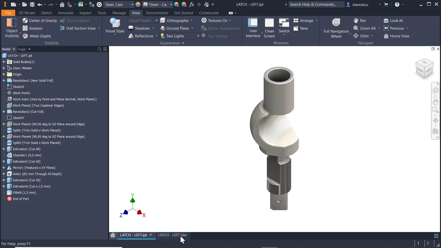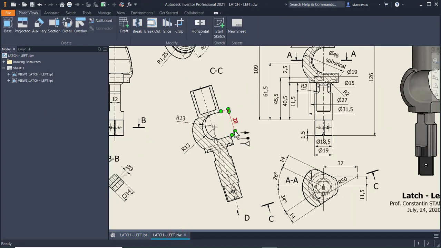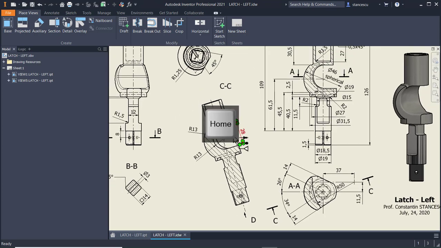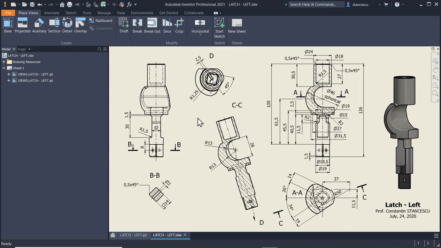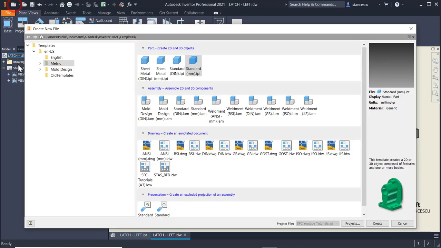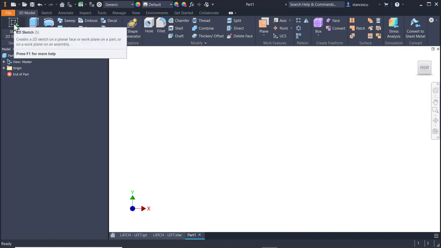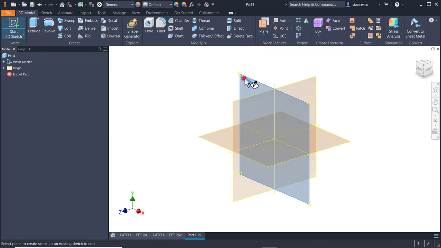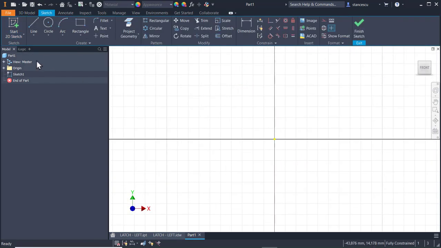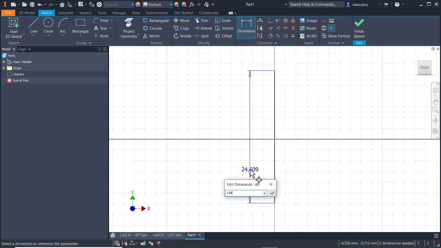Let's start to model, taking care of the drawing and dimensions. We start by creating the main volume in the plane XY. Line with the length of 126, dimension 126,